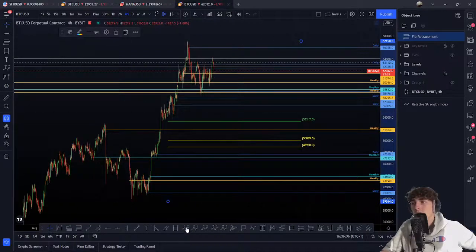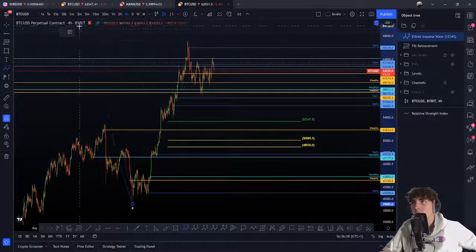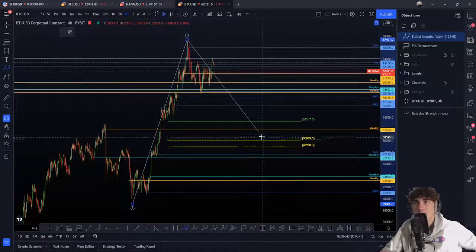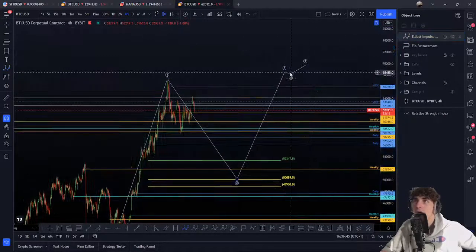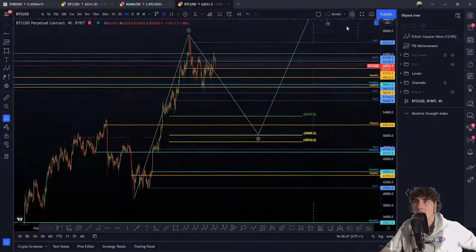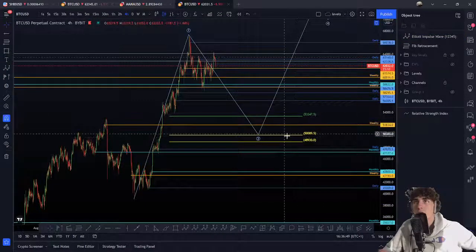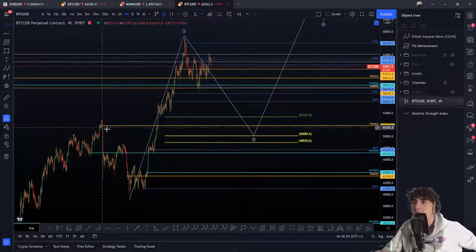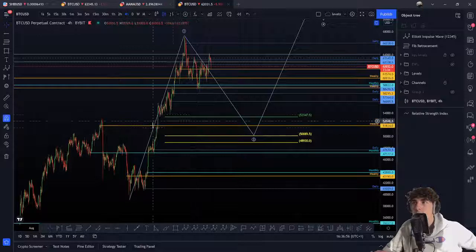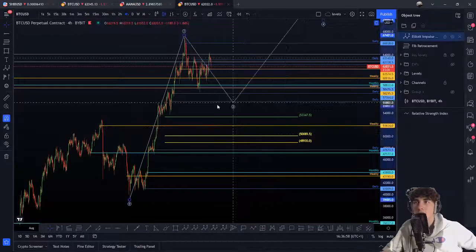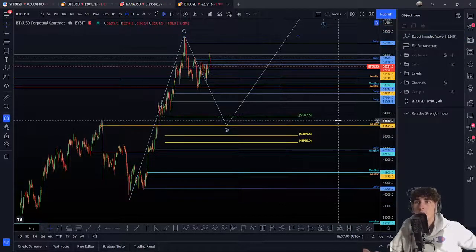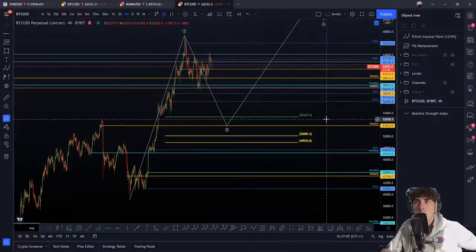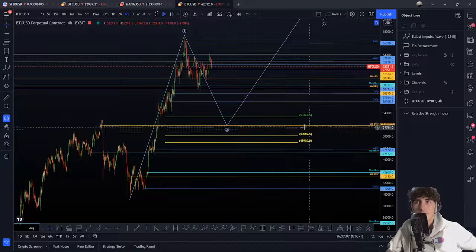Because I'm just going to draw the wave, that will be a wave 1, then the wave 2 between the 50-61.8 retracement, then the wave 3 for 5. You can see here, between the 50-61.8, we don't have a lot of levels. We have a weekly level that is not really touched a lot of times, so for me that's still a support. But here we have a weekly level, a strong support between the 50-61.8, which will bring us around 51k.